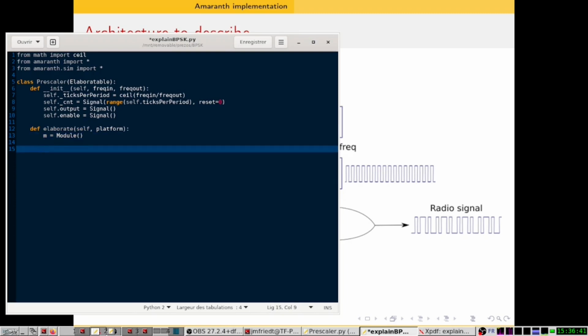Now let me tell you how a prescaler works. We know that we have a certain input frequency, and we wish to generate as an output a signal with a frequency which is different. Generally, we will have a frequency which is lower than the input frequency. For instance, let's say we have 10 ticks per second as an input frequency for the FPGA, so it would be the clock. If the clock is 10 ticks per second, if we want to generate a 1 Hz signal, so 1 tick